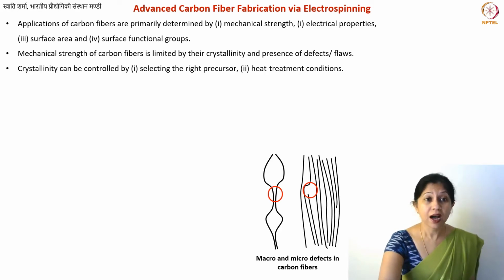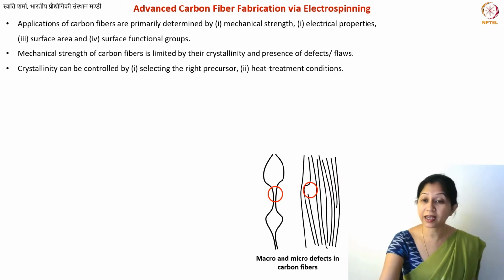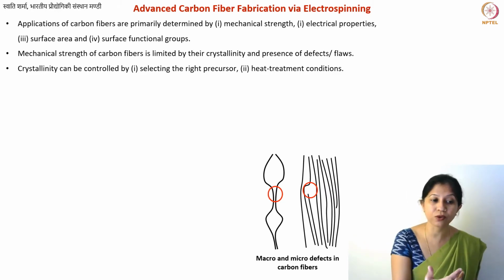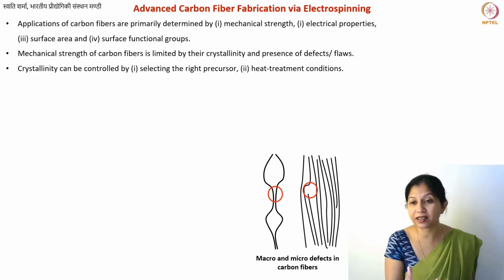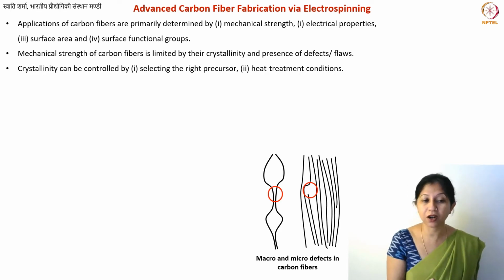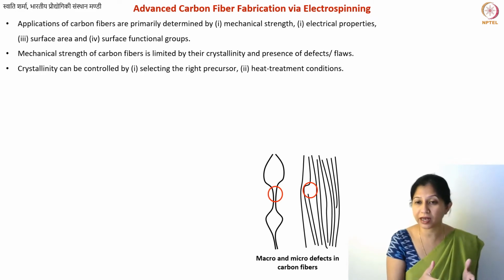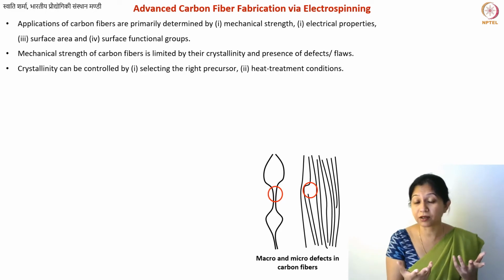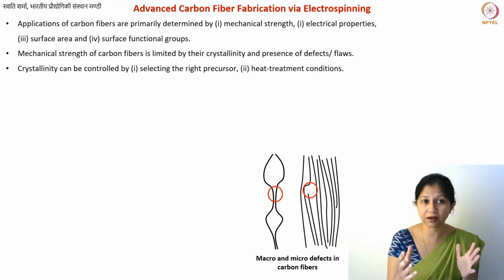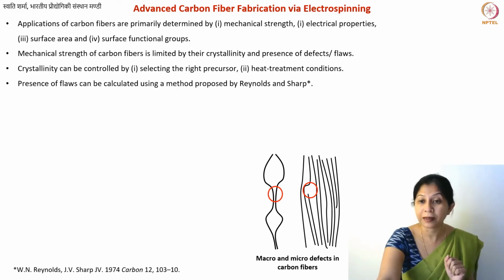Okay. Now, as I mentioned already, crystallinity can be controlled. Number one, by heat treatment temperature, and number two, by choosing the right precursor. In the case of fibers, we are relatively limited, because we also need to consider the spinnability and manufacturability of the polymer fiber. But we can choose at least the right concentration. We can choose our precursor in such a way that we get good fibers out of it. So these are the crystallinity factors we know how to control.